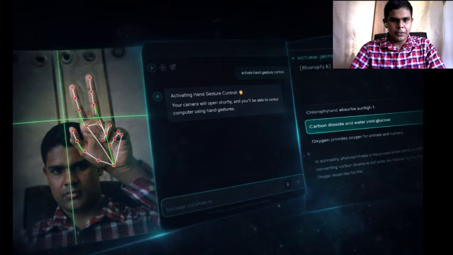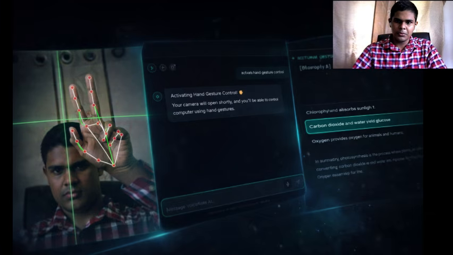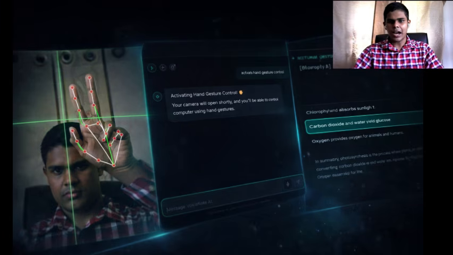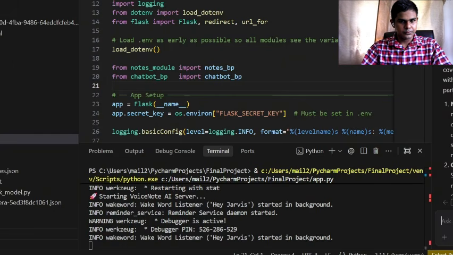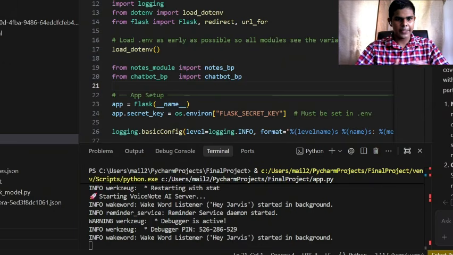In many high-stakes fields, from sterile operating rooms to greasy mechanical workshops, the traditional keyboard and mouse aren't just inconvenient, they are a barrier. So I created Jarvis AI to break that barrier. So let me show you. Hey Jarvis,